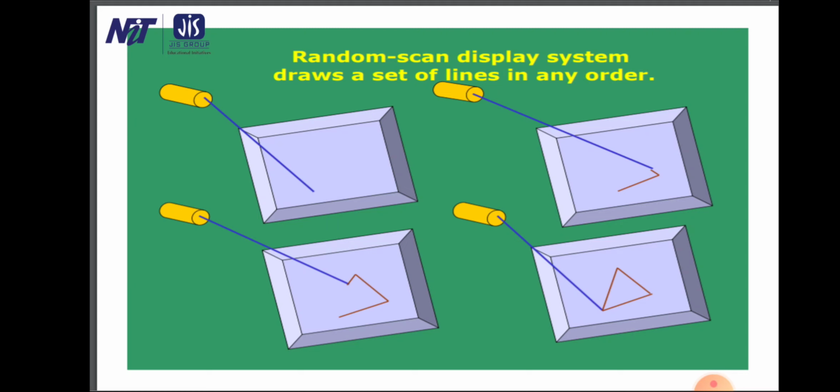This is possible in case of random scan. The static part I will draw once, and I need to refresh only the dynamic part from a display buffer. That is, the static part is never going to change, or the display program is in terms of short lines which I draw. There is another region which I will call the dynamic part of the screen, a small part, not the whole part.